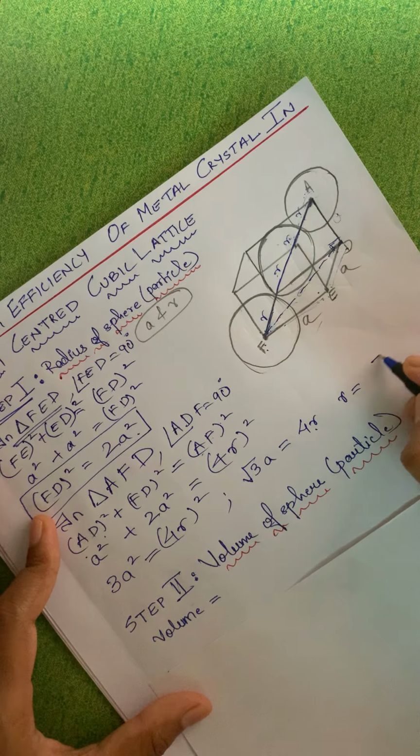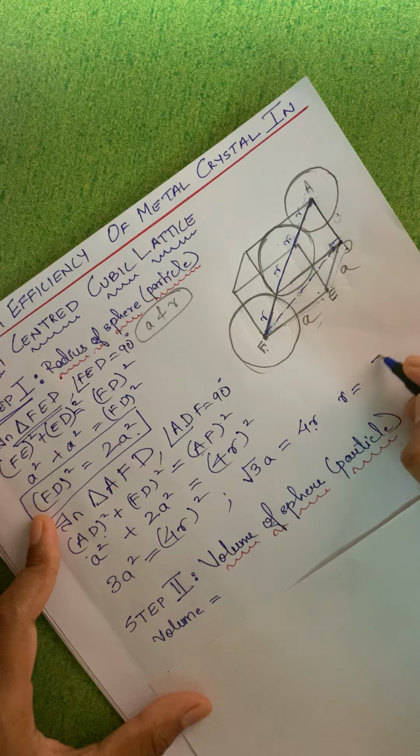So hopefully till here it is completed. Once again I will say, the only thing you have to remember over here is body centered, where we have to consider 2 right angle triangles. If you remember that, the rest everything is simple maths. You have applied Pythagoras theorem twice, one in this triangle and the second one in this triangle. Just remember that.